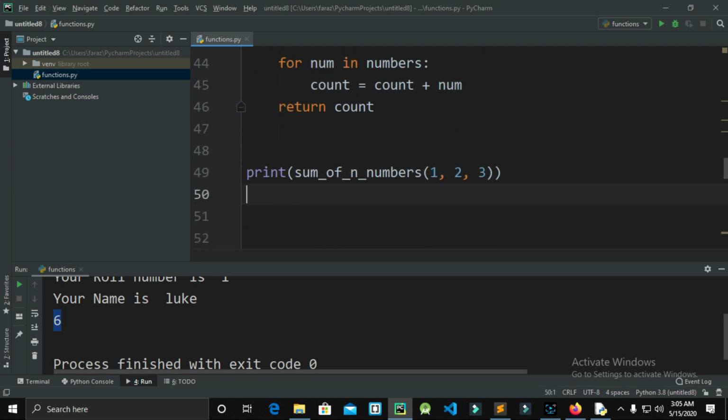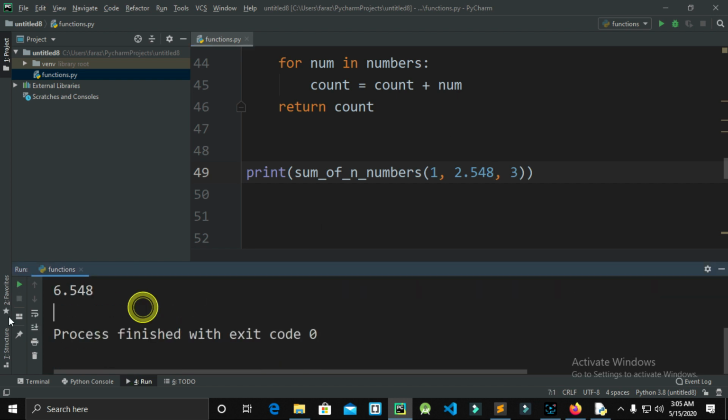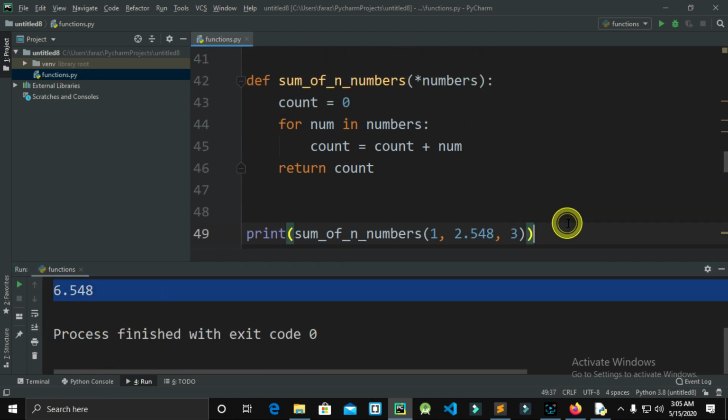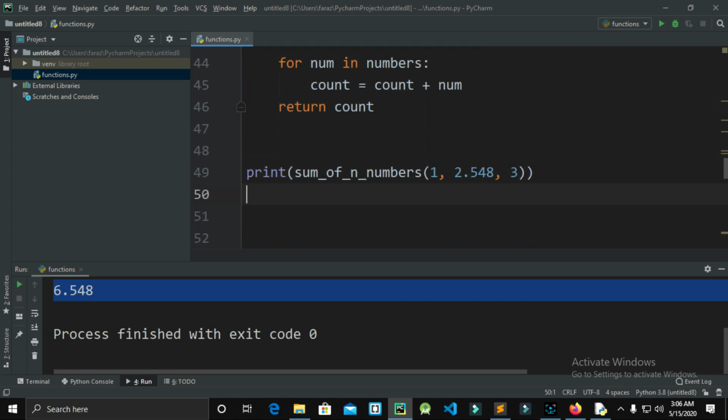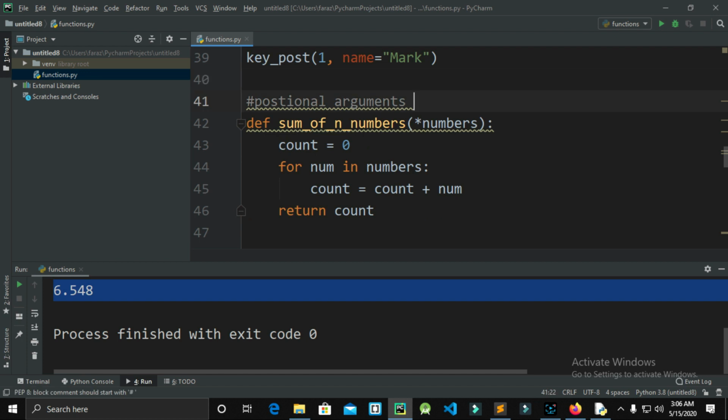So let me take you to one more thing that is very much interesting. These are positional arguments. I can call them positional arguments. I can put them like this also. No worries, Python is very good. So I can also do this thing with keyword arguments. So this was with positional arguments. Oh, sorry, Java developer. So next we are going to do keyword arguments.